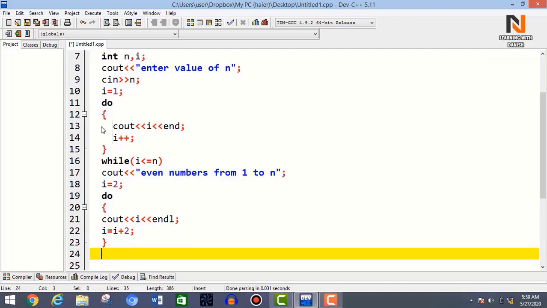Similarly for odd numbers, you have to write the condition while i <= n.